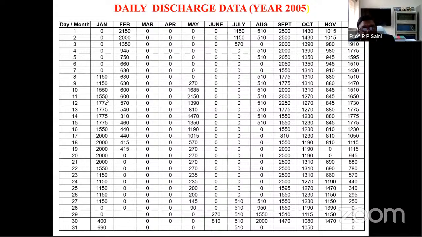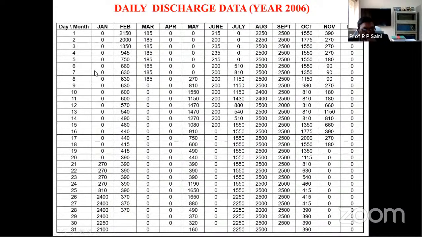Here I'm talking about a particular site, and these are the actual data that I've taken from there. If I start measuring the discharge in that stream in the month of January, I'll start with that. From January 1, 2, 3, up to 7, the discharge is dry; there's no flow in that stream, and then it starts again. So throughout the month of January, I have measured the daily discharge.